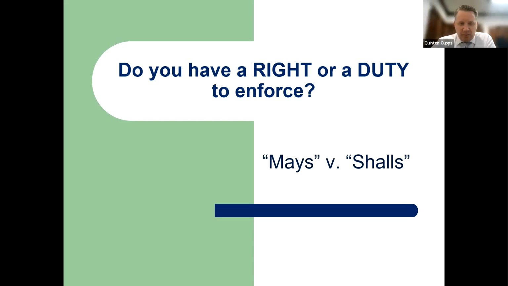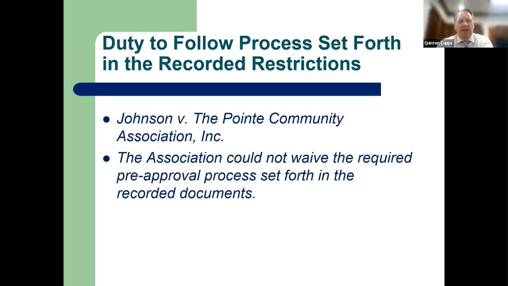And one thing that highlights the importance of that word is this case here. I don't have the citation, but if you go onto a search engine, Google, whatever, type in Johnson versus the Point Community Association, it will be one of the first things that pops up. It'll be a case, and if you like to read case law, I would recommend that you read this one. This case was decided, I think, 22 years ago, but it's still relevant. It's still good case law, and it speaks to this issue of an association having to enforce particular restrictions and the ramifications of choosing not to do what the documents say.